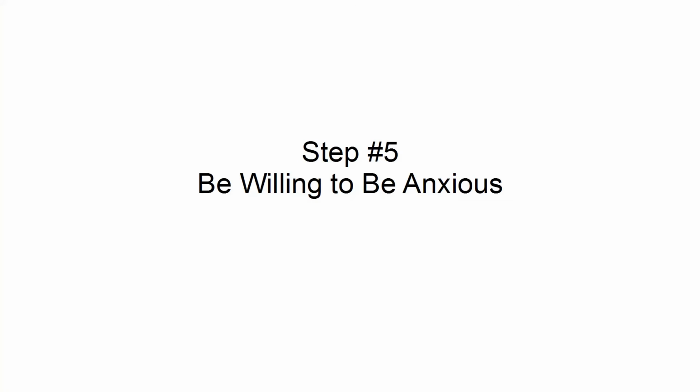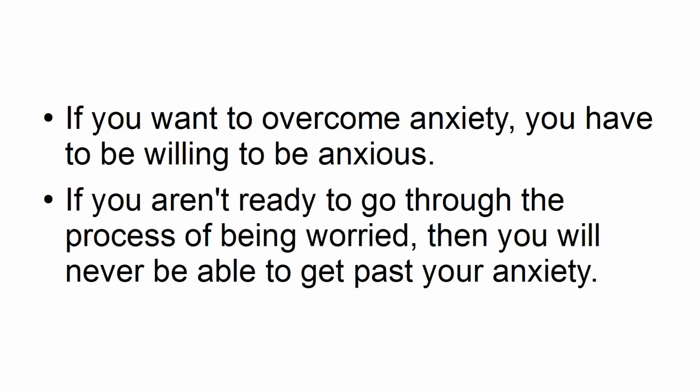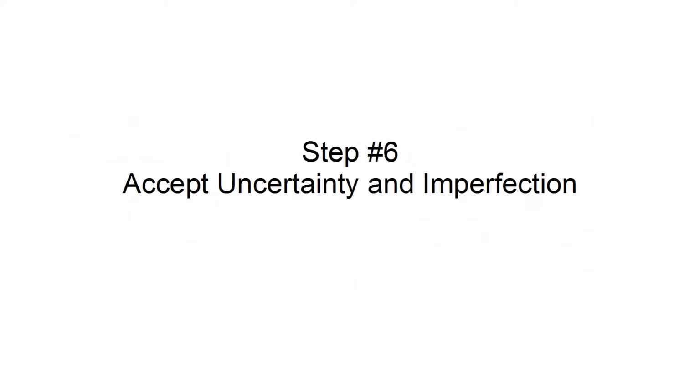Step number 5, be willing to be anxious. If you want to overcome anxiety, you have to be willing to be anxious. If you aren't ready to go through the process of being worried, then you will never be able to get past your anxiety. Step number 6, accept uncertainty and